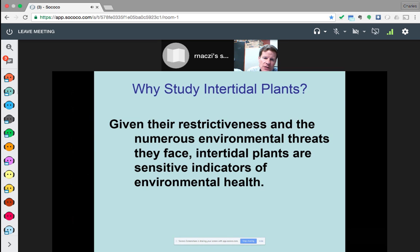So the take-home message here is that given their restrictiveness and the numerous environmental threats that they face, intertidal plants are sensitive indicators of environmental health. As we study them, we can learn a lot about the environment and where the deficits are that we can